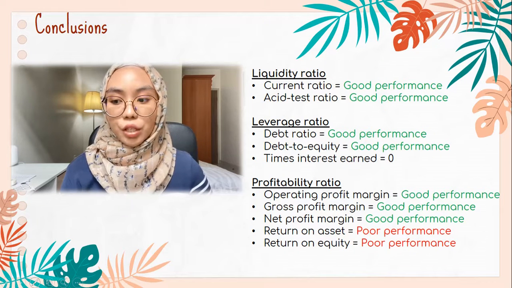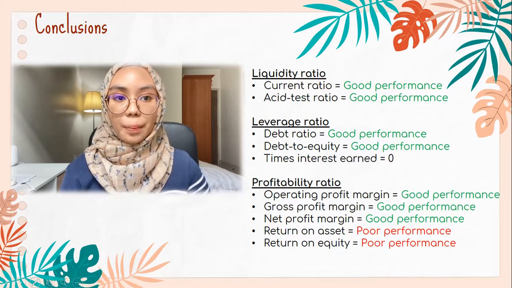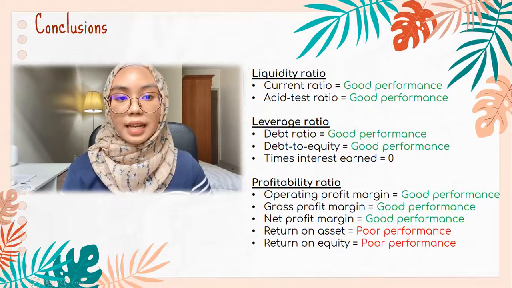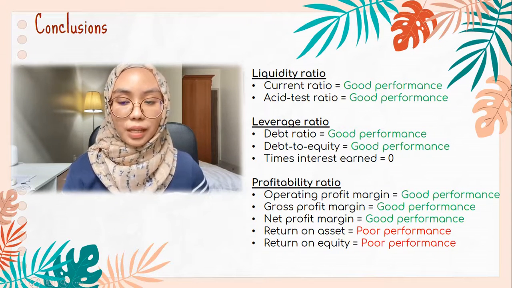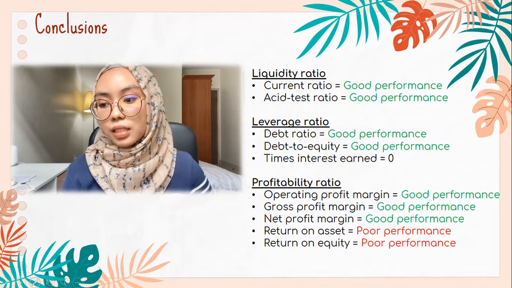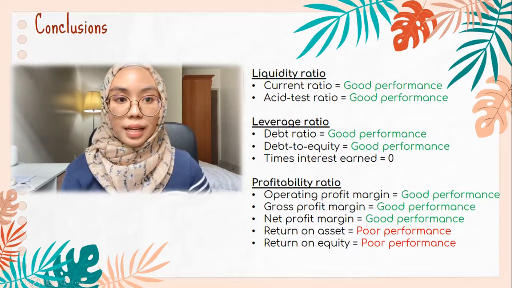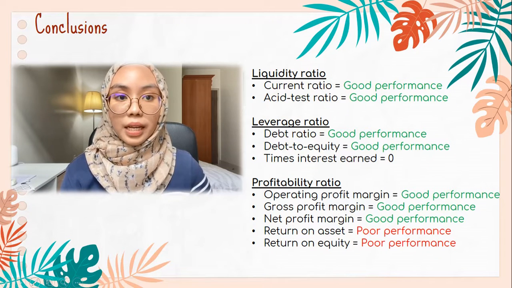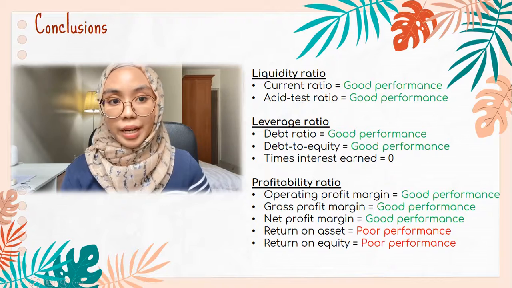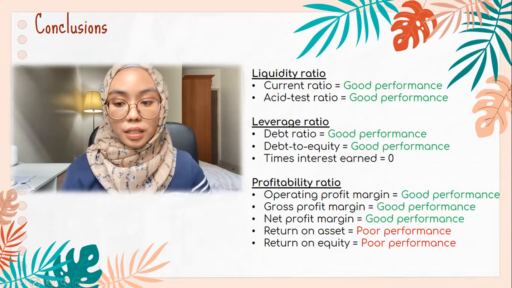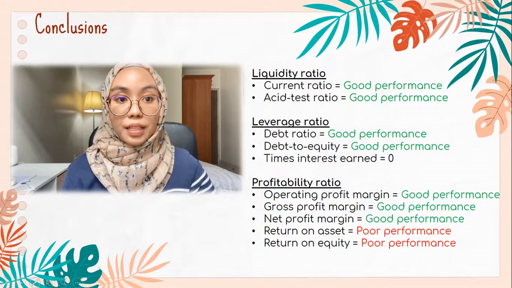Next, for the leverage ratio, the debt ratio of the company shows good performance, and it means that the company will not have any difficulties paying off its obligations. Next, for the debt to equity ratio, the company has a lower ratio than the industry, and it means that the company uses more equity than borrowing or loans to finance its operations. And as for the times interest earned, the company has 0 times interest earned, since there is no interest expense